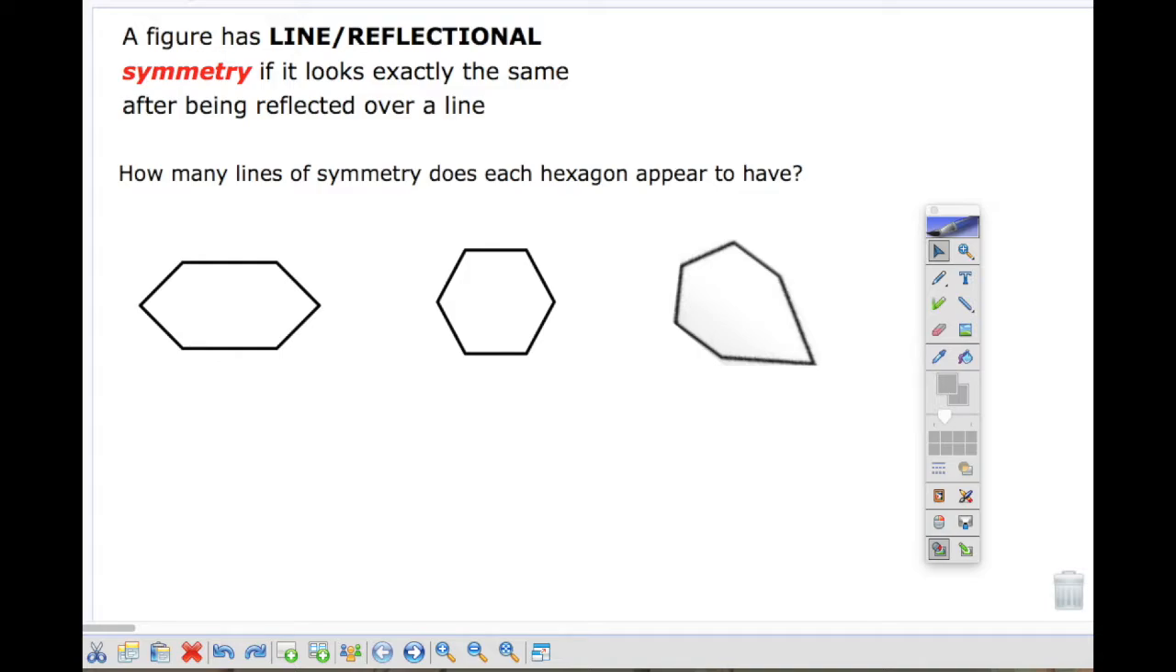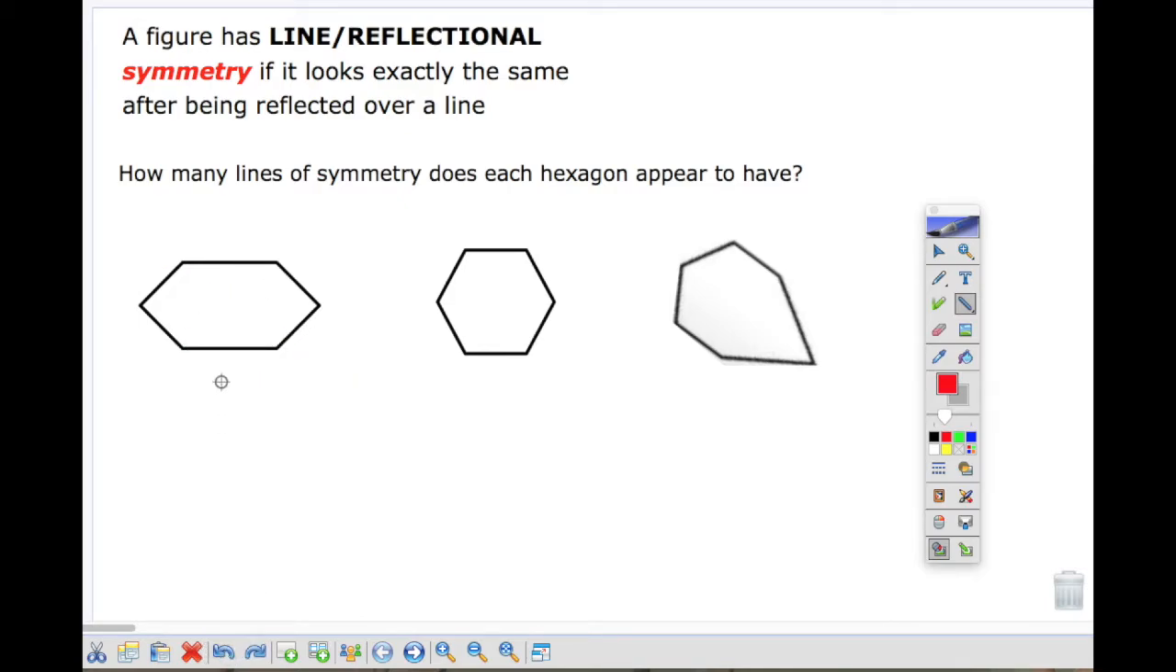Line symmetry would mean it looks exactly the same after being reflected over a line. So that would mean you can use a line to reflect the shape and it looks exactly the same. How many lines of symmetry does each hexagon appear to have? So let's see if we can draw a line that would be like a mirror and it looks exactly the same on both sides. Okay, obviously this line is not a line of symmetry because it does not look exactly